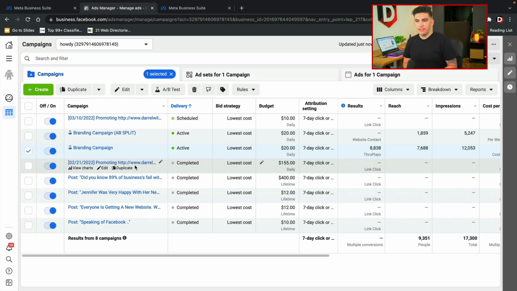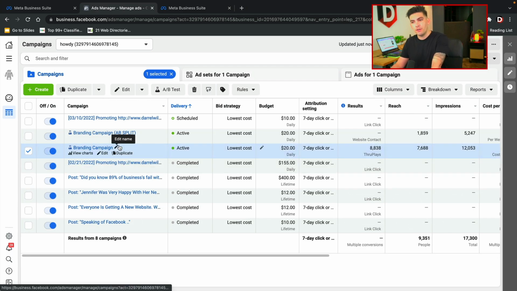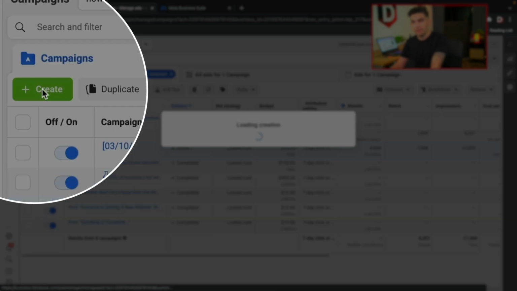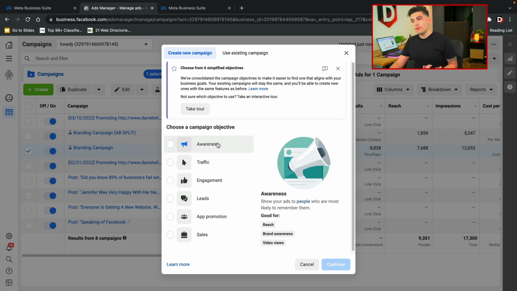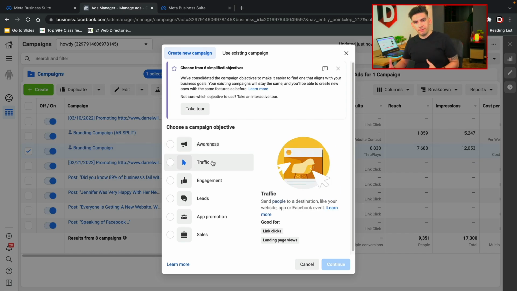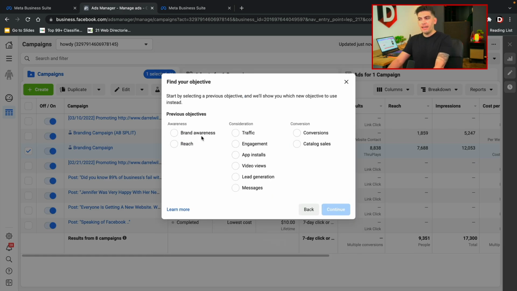All right, so now that we understand that, let's go ahead and create our first campaign. To create a campaign from the Ads Manager, right here, you'll click on plus create. All right, so here we go. We have the first campaign. Now, again, Facebook, I believe, will be getting rid of the detailed targeting. I'm not really sure, because right here they are giving us a marketing objective. However, this is a little bit broad, and if you click on take a tour, it goes into a little bit more detail. Before, Facebook used to just bring you to this page right here and not to that previous page. However, I do believe they are trying to simplify and make it more user-friendly.